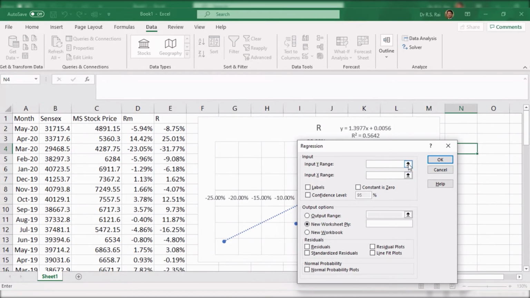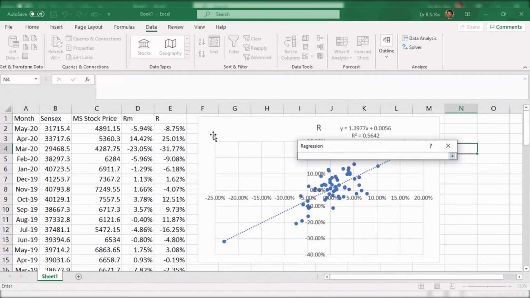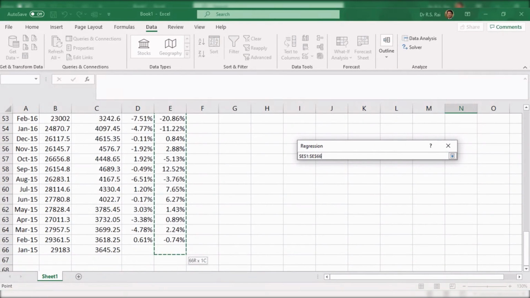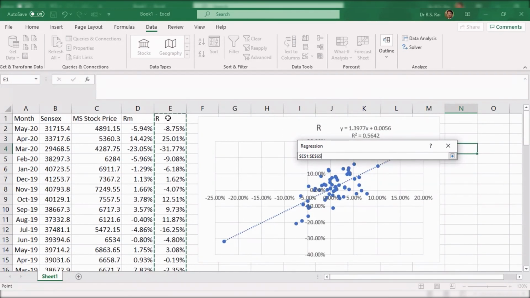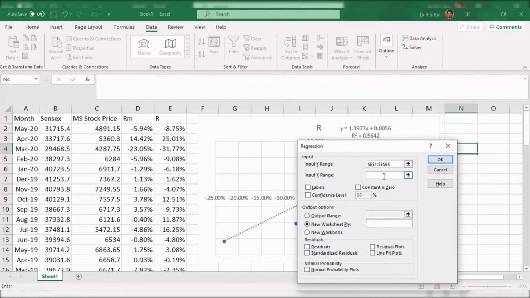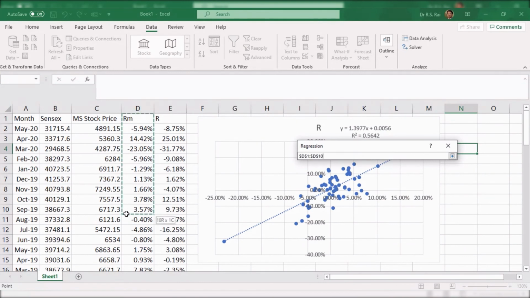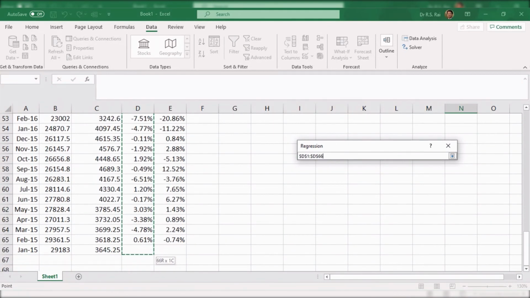So I just press it, minimize it, and I select the return from stock prices, Maruti Suzuki stock prices. Just see that I am selecting R also. I'll tell you why. And then I am pressing this X and have selected the return from index prices.